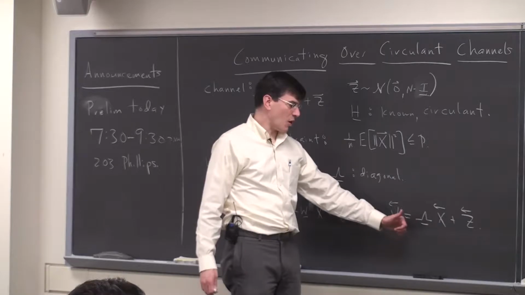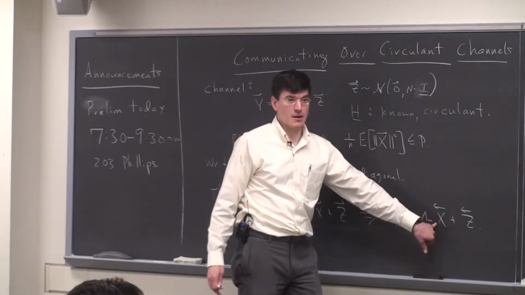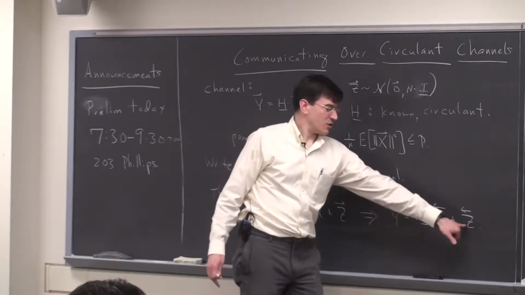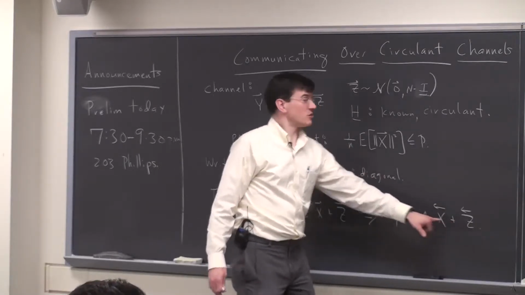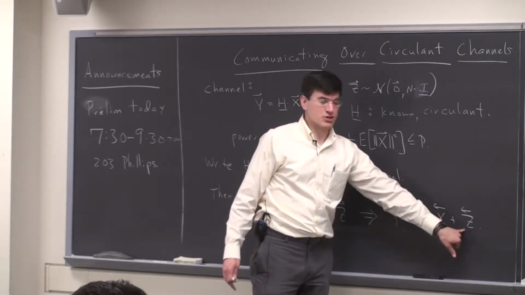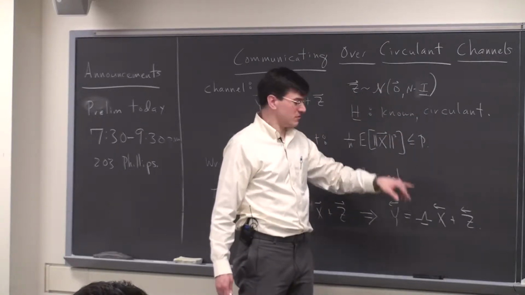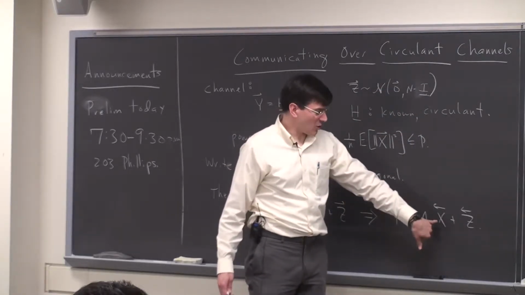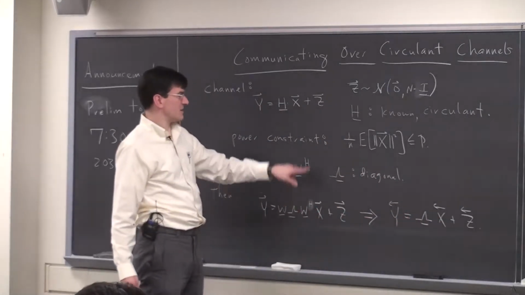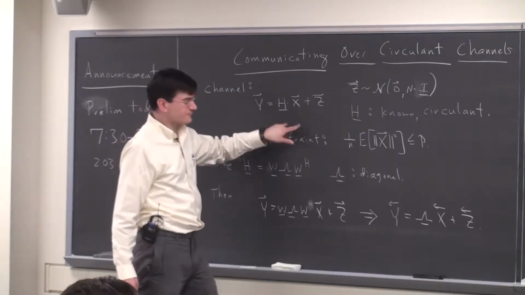Number one, I'm trying to encode bits now in a complex vector. So how do I do PAM when the samples are complex? That's one question. The noise now is the DFT of the original noise. When I take the DFT of a Gaussian noise vector like this, what can I say about its distribution? That's one issue. I also have to make sure I encode bits in this X so that when you take the inverse DFT to get the time domain X, you get something purely real, so you can actually send it through this channel.